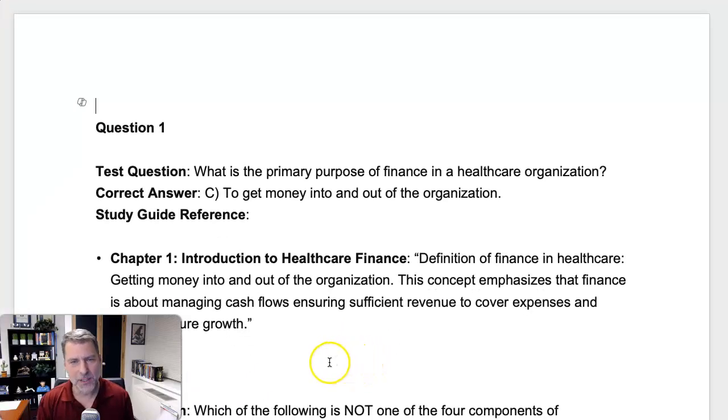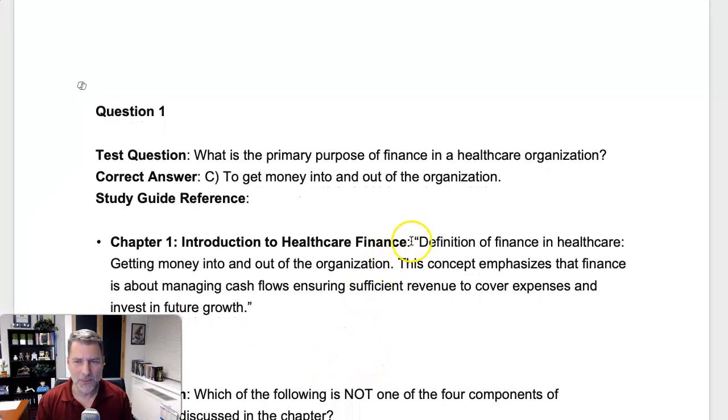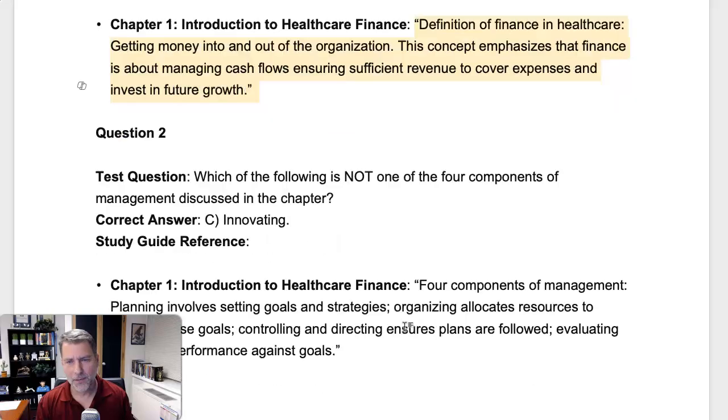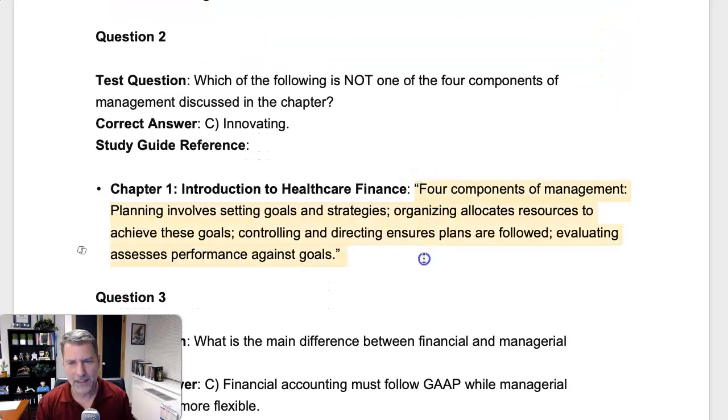Each question tied back to a specific spot in that study guide. So I wanted to make sure that was happening with each question. Not necessarily overt. Sometimes you had to take it that next step, but that was my hope with the study guide. Theoretically, if you just read the study guide, you probably could have passed the exam. Maybe not with a 90, but maybe a low 80s. So that's what I'm going to hope to do with these study guides. I'm probably going to think of retooling that for the final.